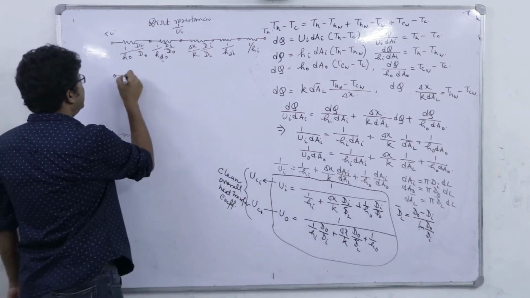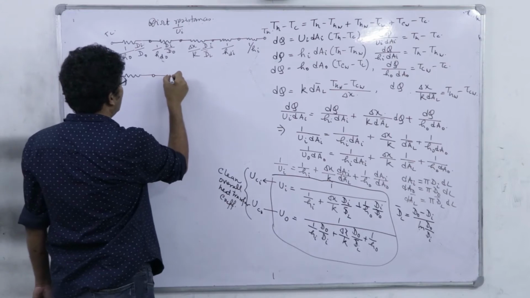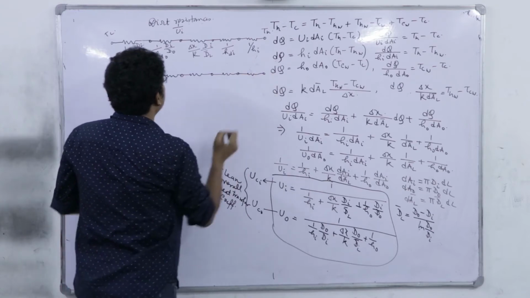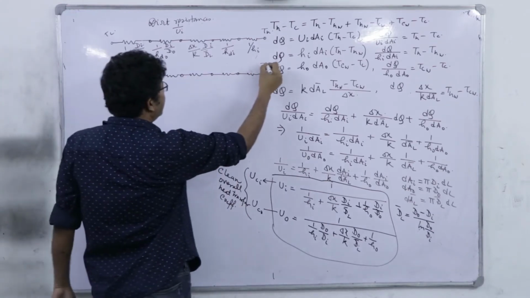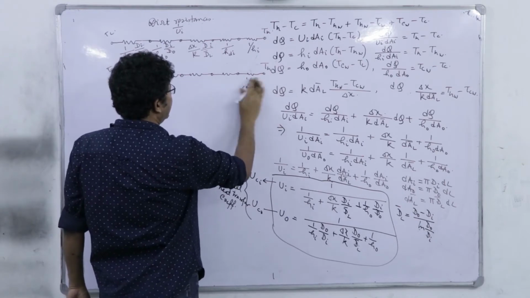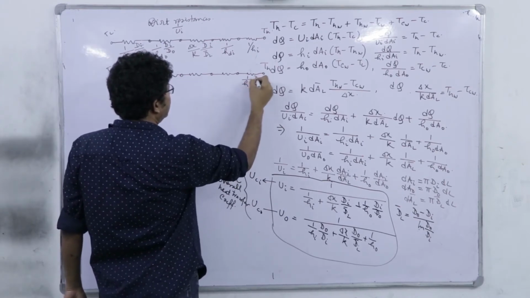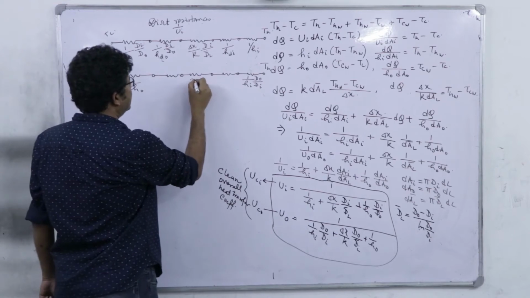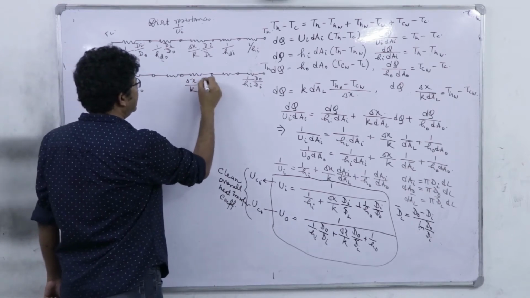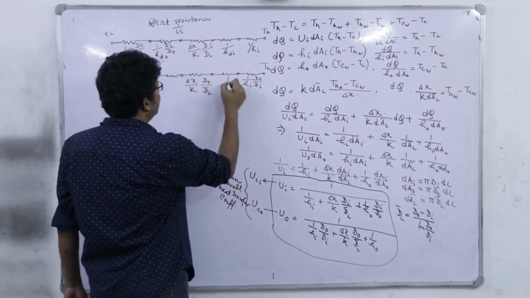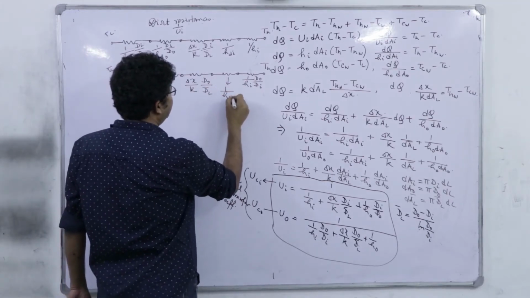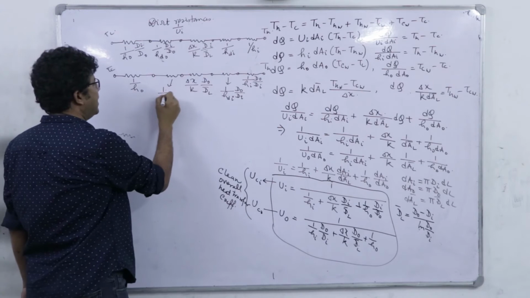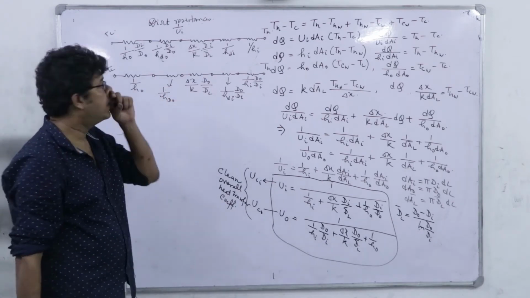So alternatively, if you think in terms of UO, so here again TC and TH, so 1 by HI, rather let's write 1 by HI DO by DI, here 1 by HO, and here delta X divided by K into DO by DL bar. So automatically here the dirt resistance 1 by HDI, this DO by DI, and here it will be 1 by HDO, right. So that's UO.